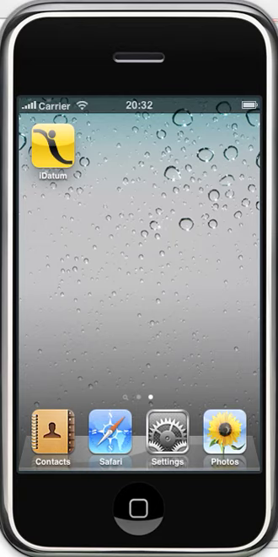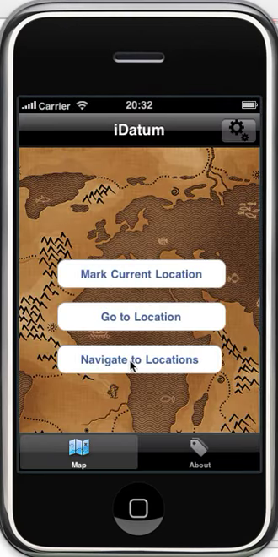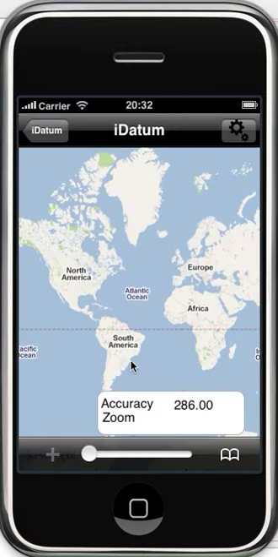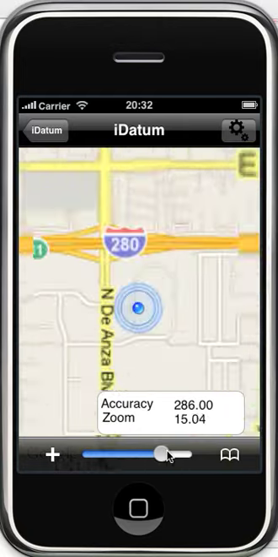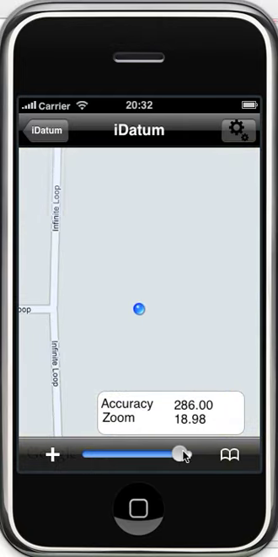Hi Sam, I'm going to show you here iDatum, an iPhone app that I wrote that provides some geolocation utilities. So what I'm going to do here is navigate to the locations button, and what it does is set the current location beacon pin on the current location. And as you can see here in the simulator, the current location is hard-coded to Cupertino, Apple's headquarters, but